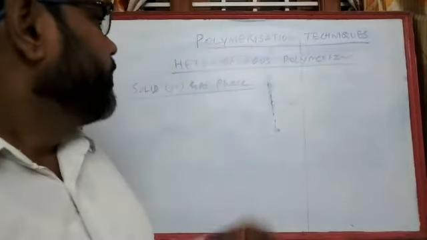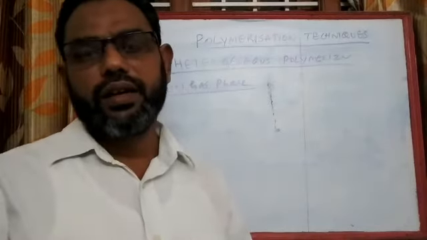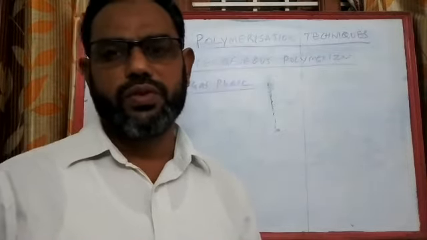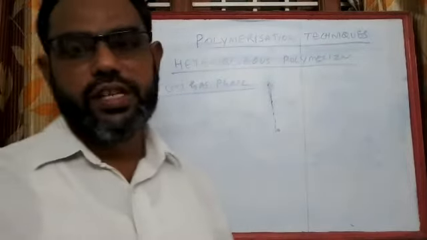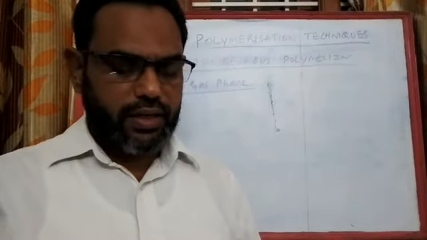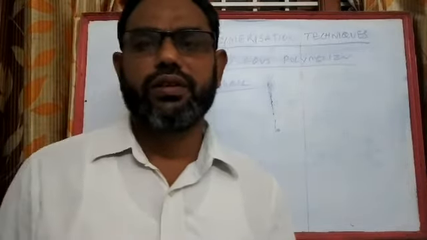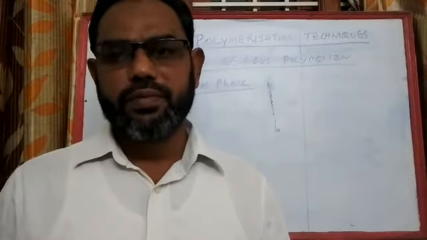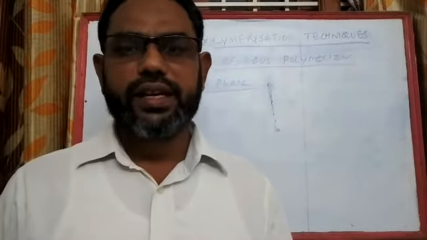So in this type, a solid monomer or a gaseous phase or vapor phase monomer is used. Hence we call this heterogeneous polymerization. In this case, we also use a catalyst which is very helpful to proceed the reaction by coordination polymerization. The normal catalyst used in coordination polymerization is the Ziegler-Natta catalyst.